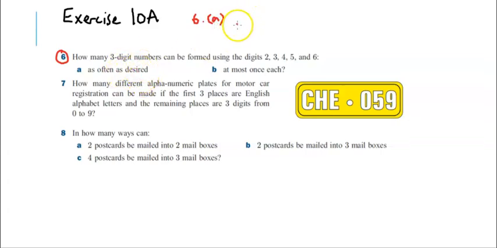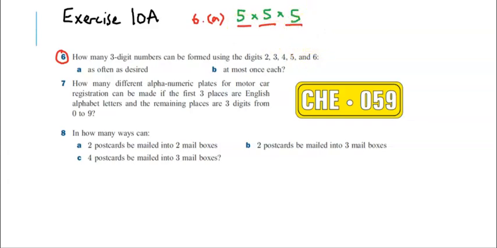Okay, so we've got 3 digits: 1, 2, 3. And then we have 1, 2, 3, 4, 5 numbers to choose from, and part A says we can use them as much as we like. Because there are 5 numbers to choose from for each of the positions, we have 5 choices to go in position number 1, and then for each of those 5 choices, we have 5 choices to go in position number 2, and then for each of those we have 5 choices to go in position